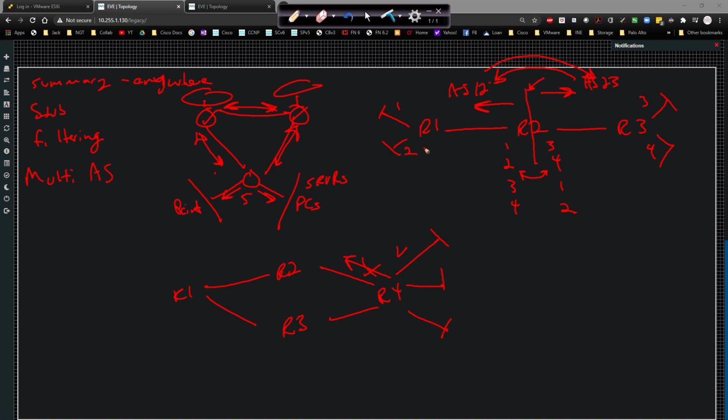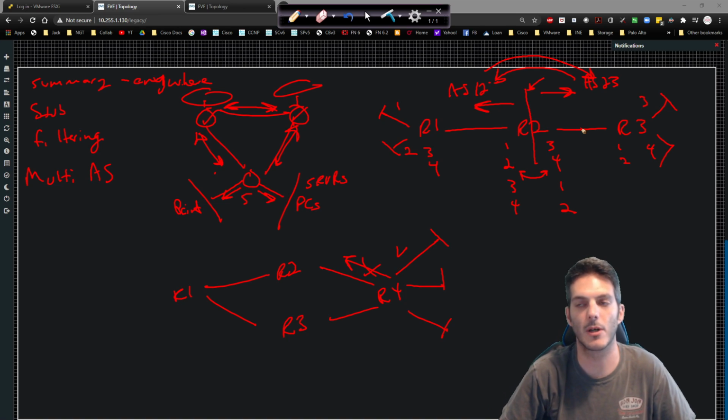Since 1 and 2 are connected, you'd see 3 and 4 added, and over here you'd see 1 and 2 added, and then they would have reachability to each other. So that's basically how multiple ASs would work. Rare to see that, but in more designs,